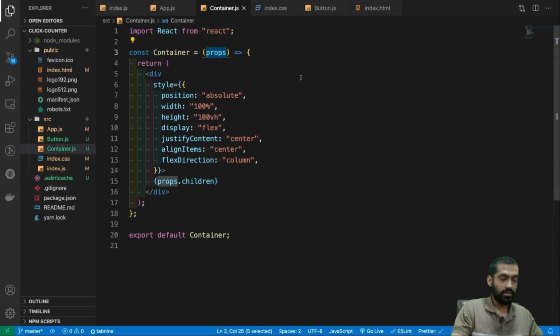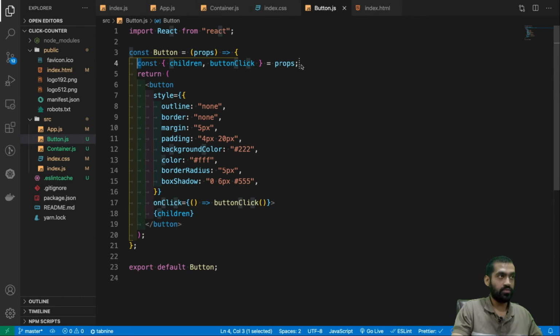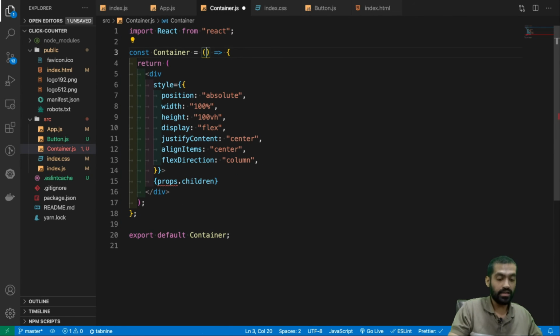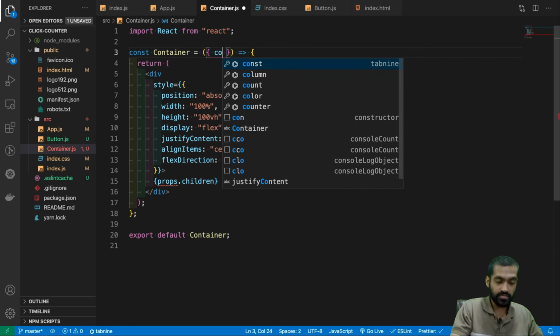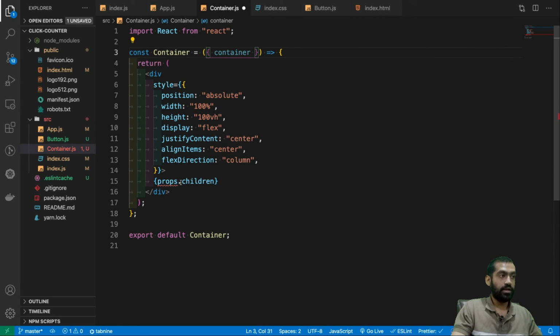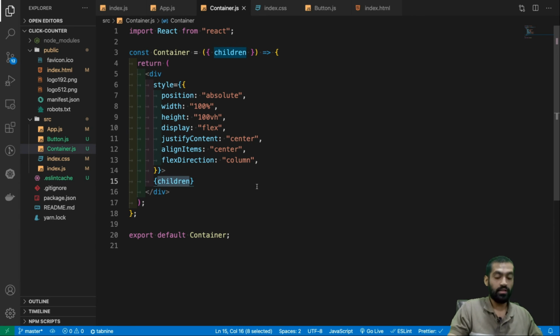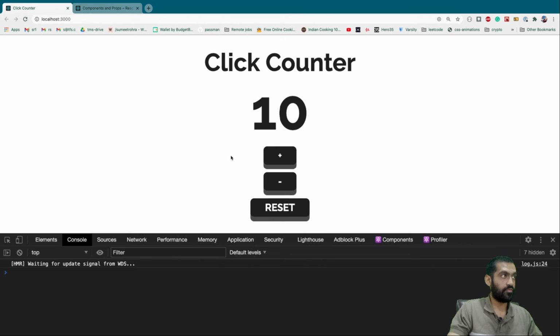Just one small refactor here. We'll go back to designing again. Instead of destructuring it this way, oh my god, we can destructure it directly here. So basically an object here. What is props? Props is basically an object, and whenever we pass an object from one function to another function, we can use the object notation, right? So we can just destructure it as children here. So this children is getting picked up here, and let's see if we refresh. Yeah, everything works.